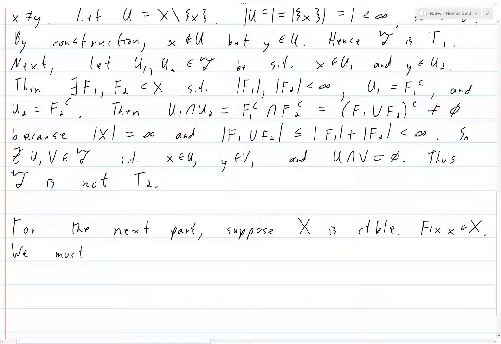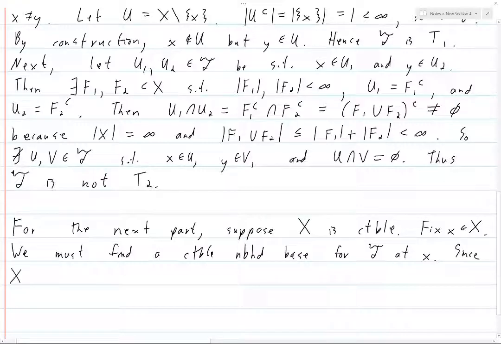We must find a countable neighborhood base for tau at the point x. That's what it means to be first countable. It means that for every point in X, there is a countable neighborhood base for the topology at the point. Okay, so